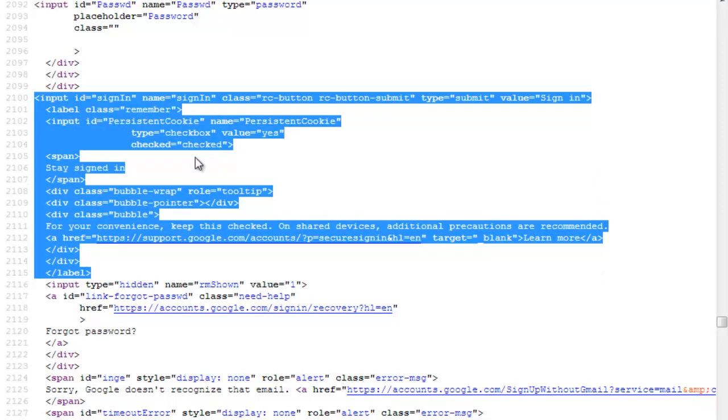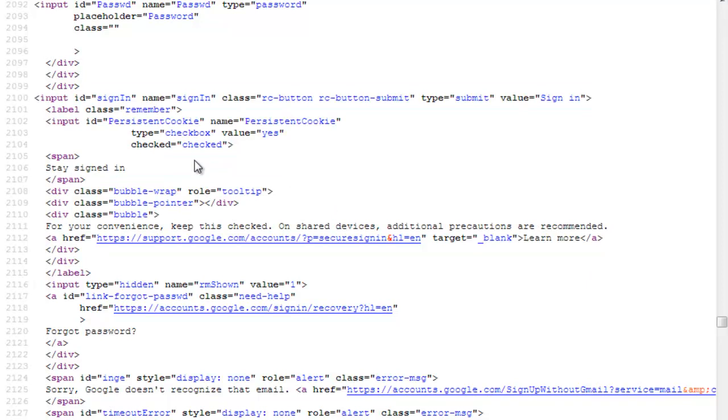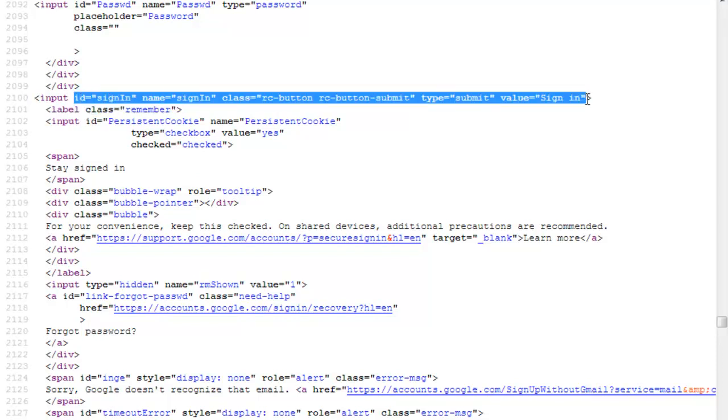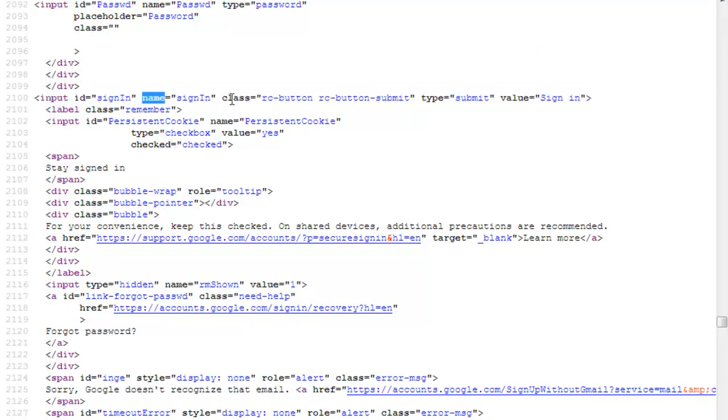Now this is a simple HTML page source. In HTML page source we have tags and attributes. For example, this is the input tag, and this input tag has various attributes associated with it. The attributes are like ID, name, class, type, value.